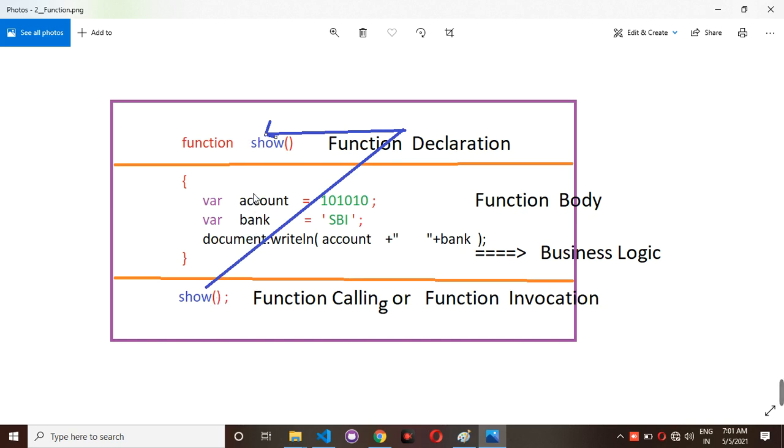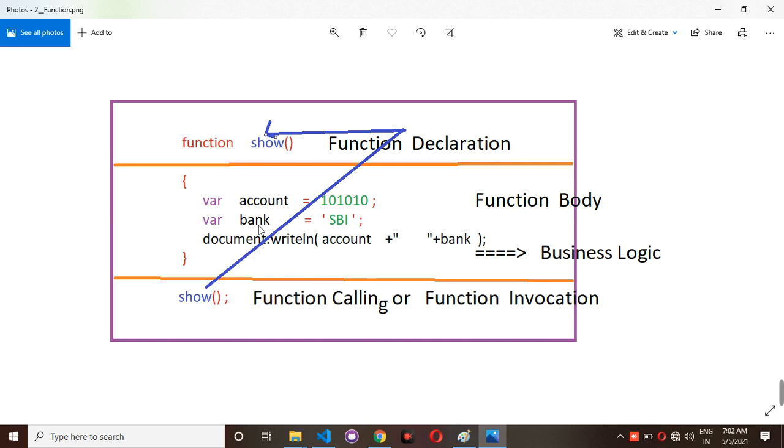Inside this show function, whatever you have written inside the curly braces is called the business logic, and that business logic works only at the time of function calling. You can see the output of this function.